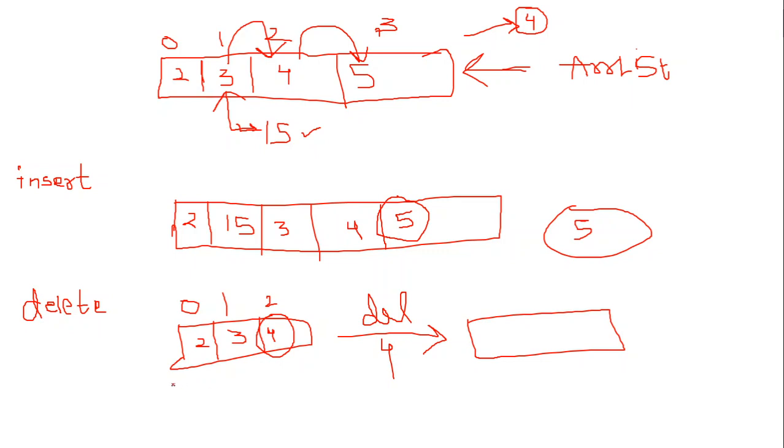See, first of all, what is the size here? Size is 3. We have 3 elements here. After the deletion, size should be 2, because one element is already deleted. So here 2 will be here. After that 3 will be here, and that's it. In case of array list, it has decreased its size at runtime. It is not allocating any more memory to any other block. But in case of arrays, our memory is wasted. So this is how array list works, and this is the benefit which we can get over arrays.